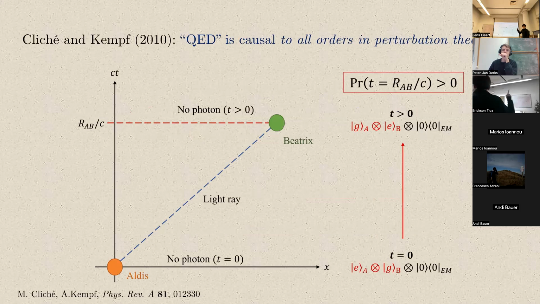Okay, so the first attempt at using this sort of model to answer this question was by Matthew Cliche and Achim Kempf. Achim Kempf is my external examiner, so I have to be careful. What essentially they proved is that QED is in principle causal to all orders in perturbation theory. In their paper, they do it up to fourth order, but they give a prescription on how to do the Feynman diagrams and so on properly. By Feynman diagram, they mean the fake Feynman diagram between the detector and the free field. Okay, because technically you have a quantum system interacting with another one. And what they show is that